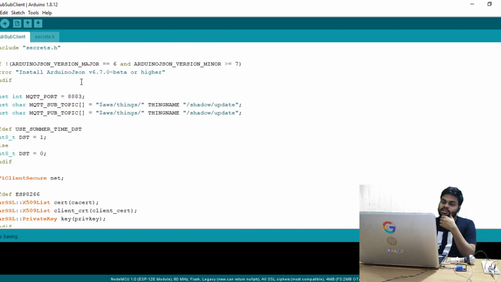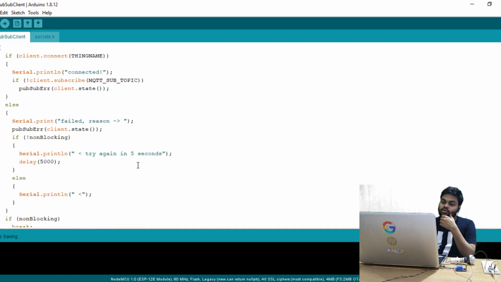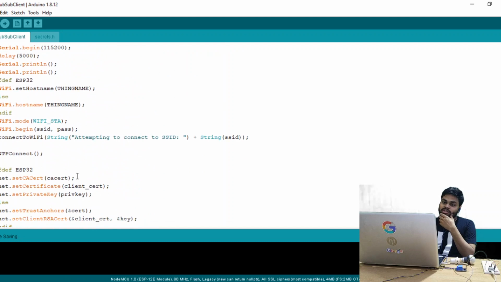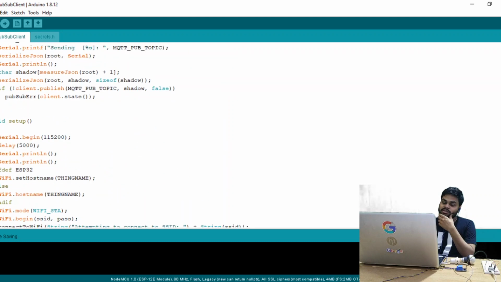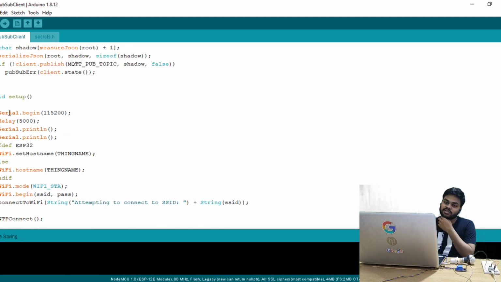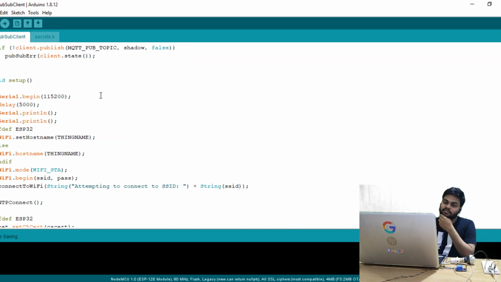Use summertime DST. Okay, let's go to the setup method and discuss how this sketch starts. This sketch will start from the setup function. In setup we have Serial.begin at 115200 baud rate, which will help us in getting the contents on the serial monitor.